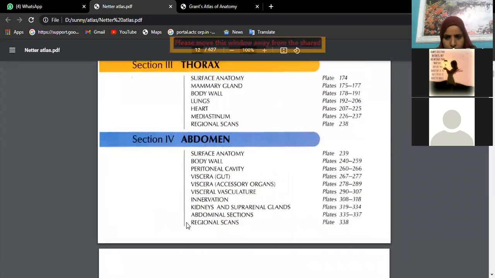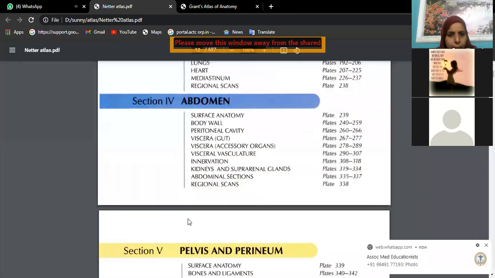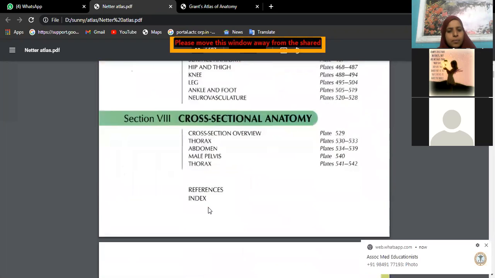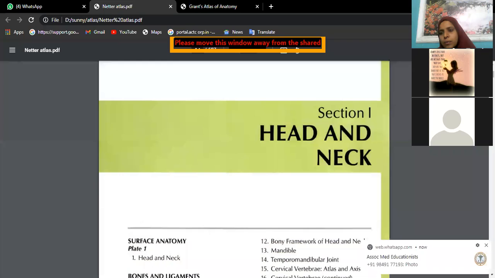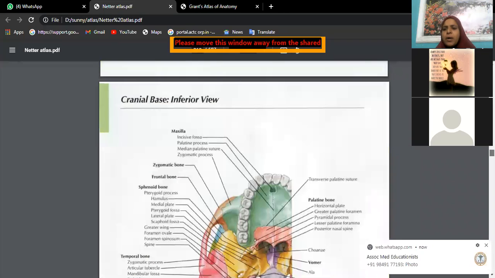Thorax, abdomen, viscera, gut, accessory organs. So plate 267. Same organs only, but here description won't be there, but diagrams will be much better here.